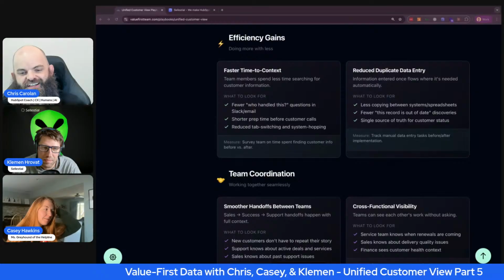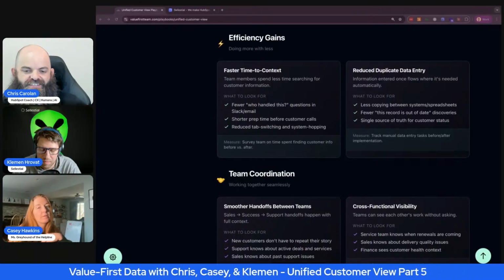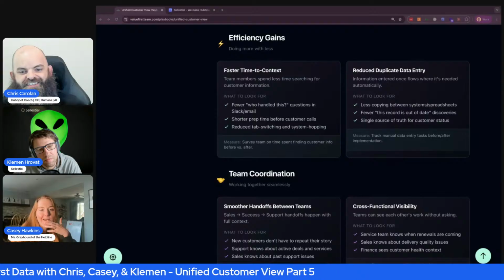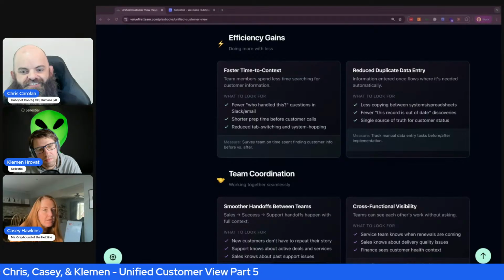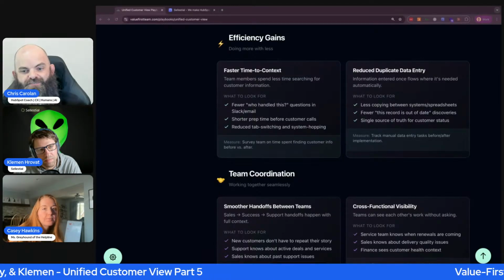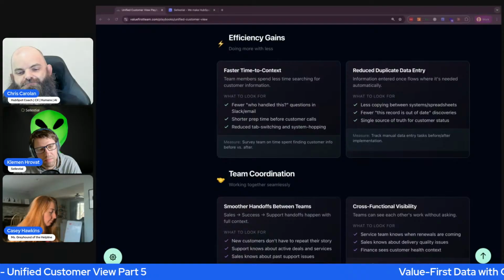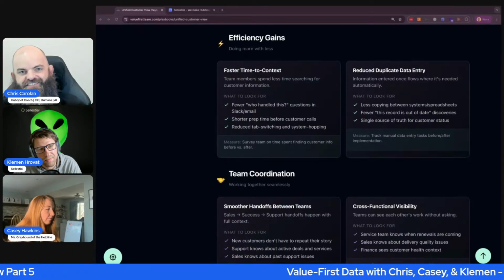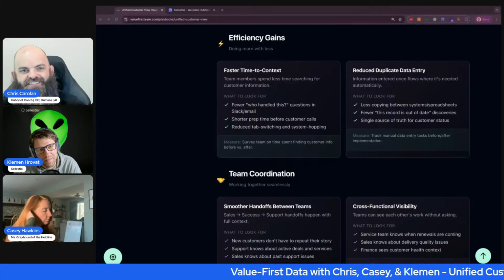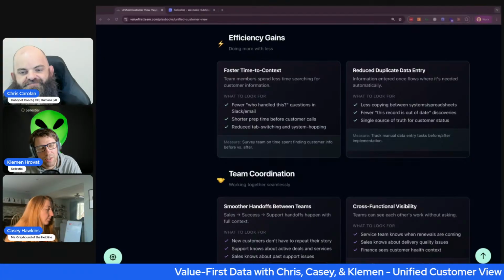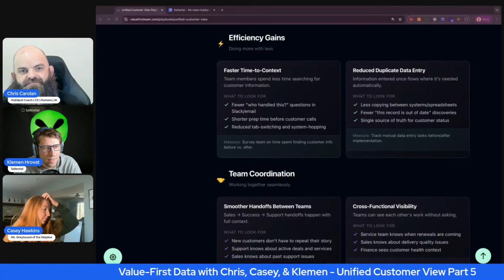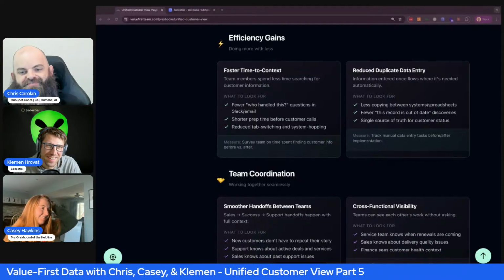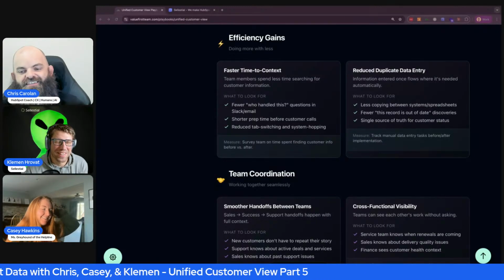So I think of these three examples, one of them is measurable. Shorter prep time before customer calls is probably a little bit measurable. But the other two, I don't know how you get that unless you're talking to your team. You shouldn't talk to your team, you should talk to your team's gut, because gut feeling will tell you. Yeah. But to that point,